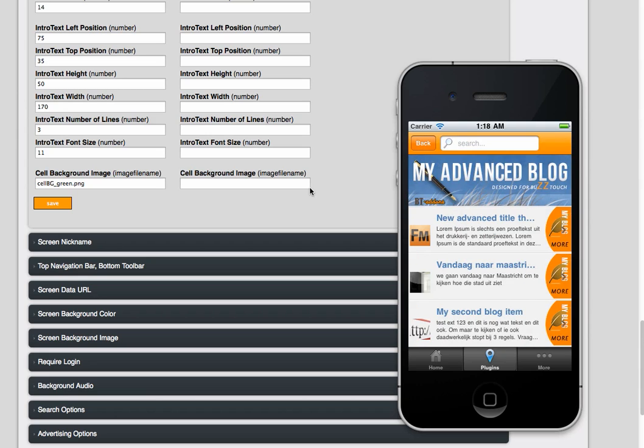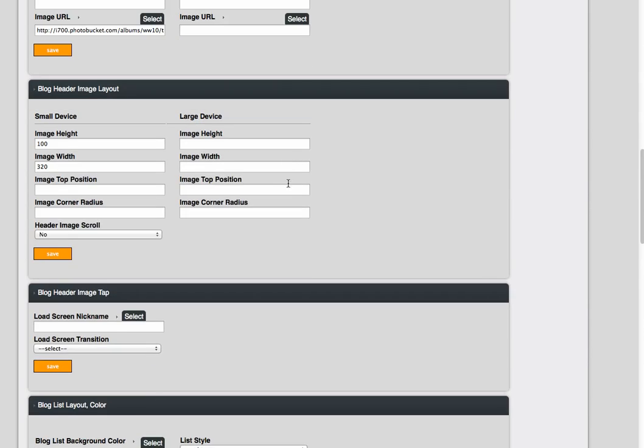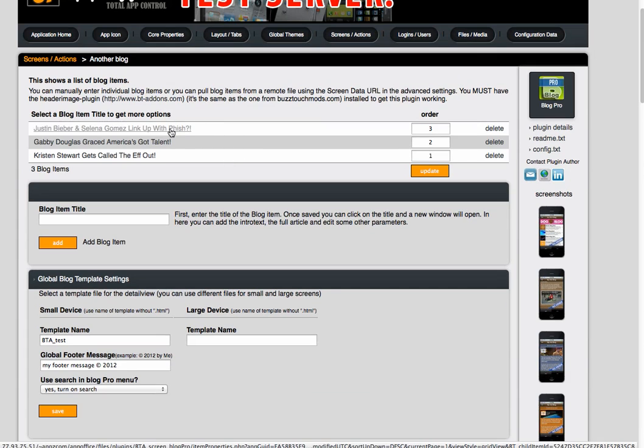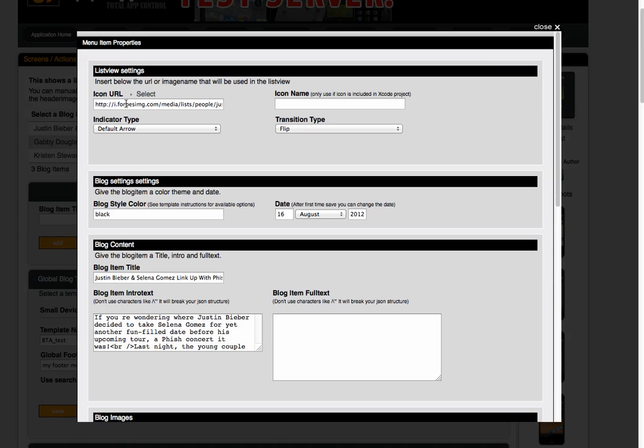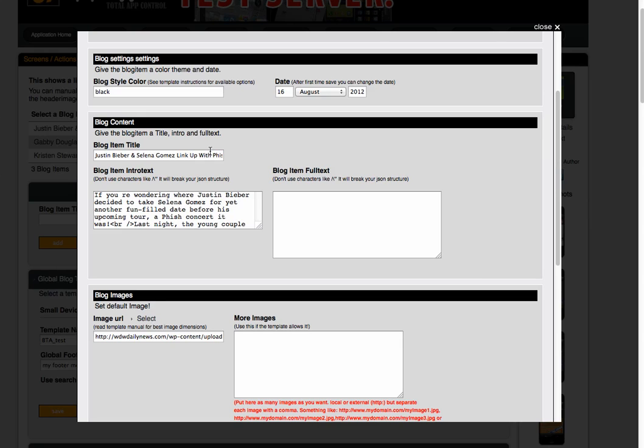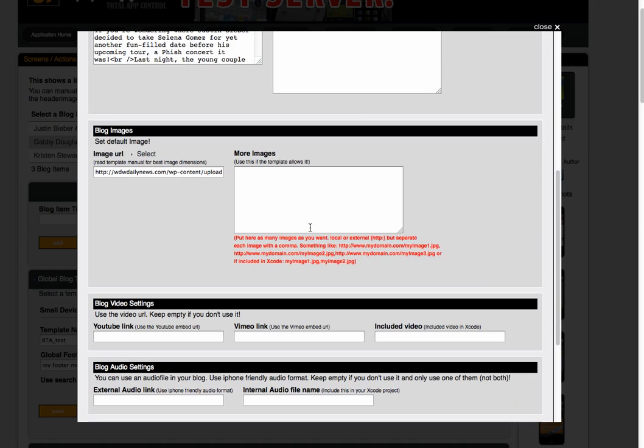And I only have to walk through, when I create a blog item, through all the fields. Okay, do I want an icon? Okay, yes. The transition type, indicator type. What style do I want? Black. You can find it in the manual. A blog item title, a blog item intro text, a blog full text, the default image, and if you have more images you can add so,